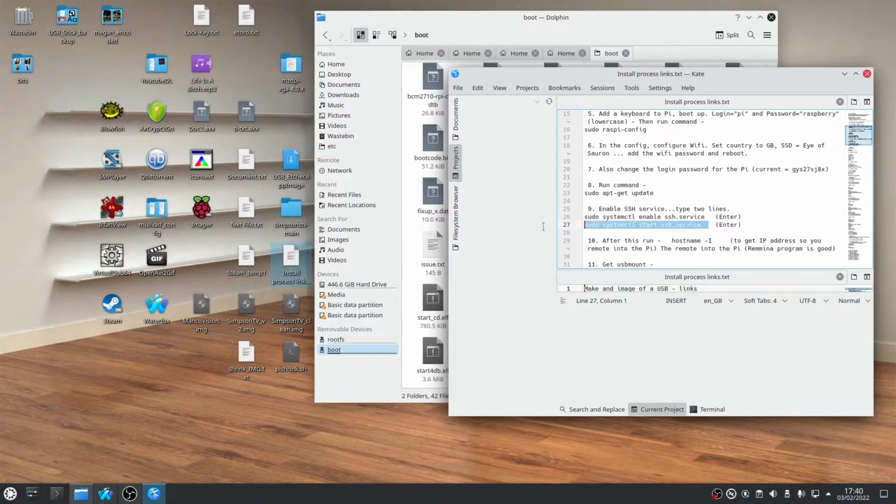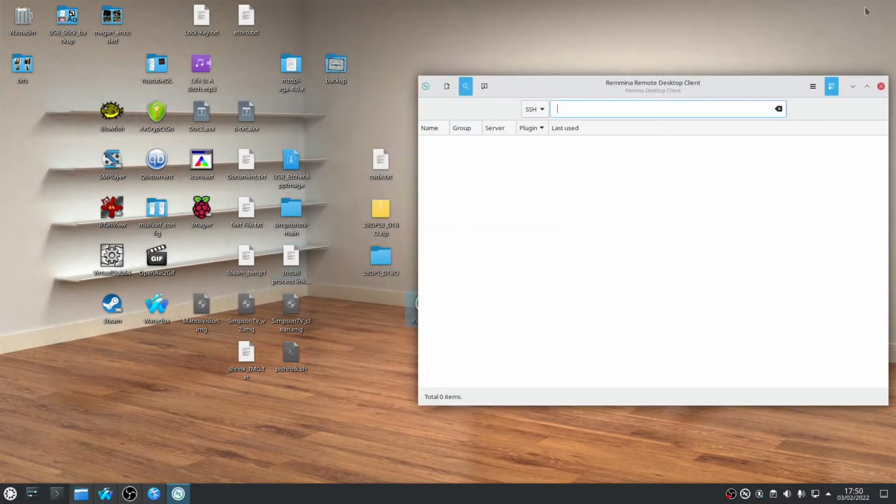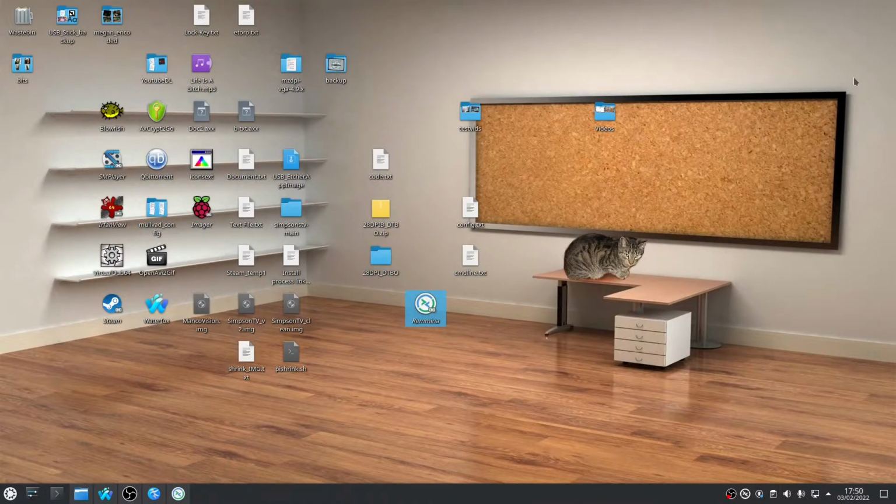You will need to do these two here, which is set up the SSH so you can connect to it, and you obviously need the IP address of the Raspberry Pi. So that gives you the IP address. So I'm going to go off and do that, and then I'll come back. Right, I set up the network name and the password, and I set up the SSH service. I've done nothing else, disconnected the keyboard, and we should be able to remote